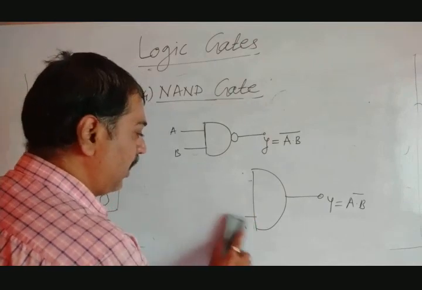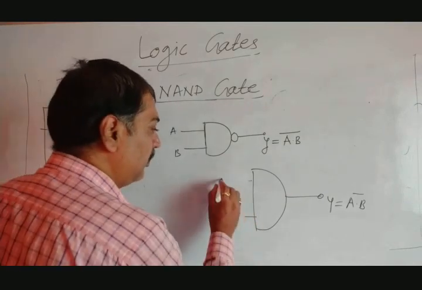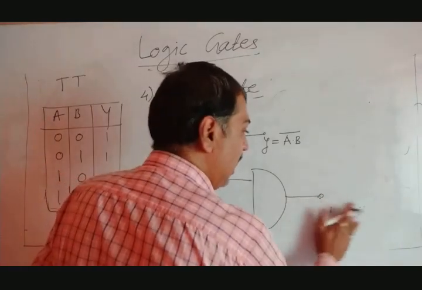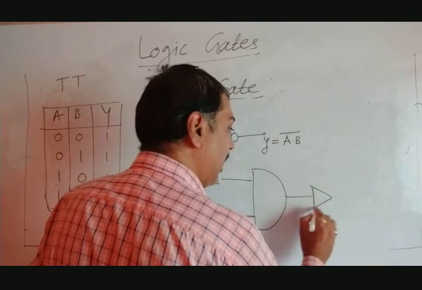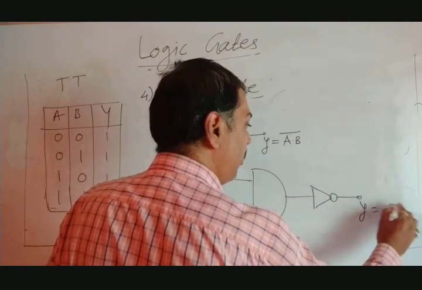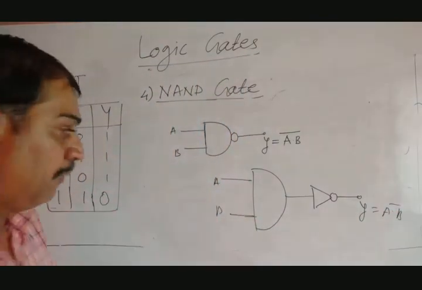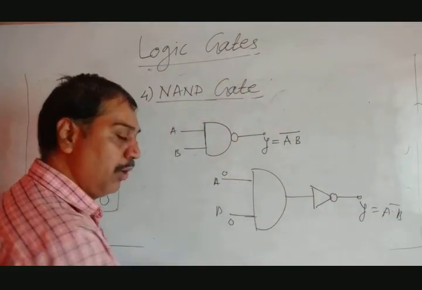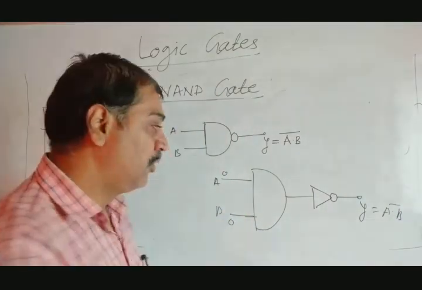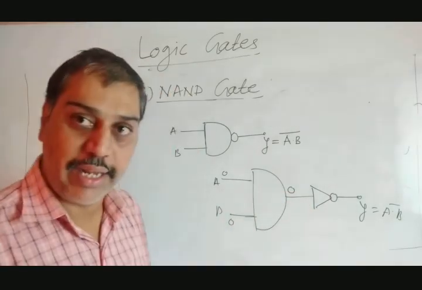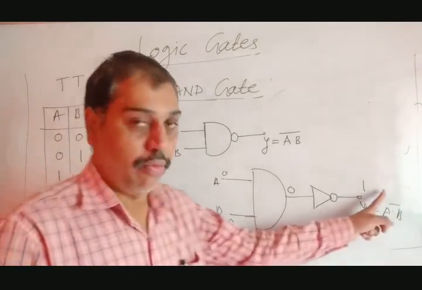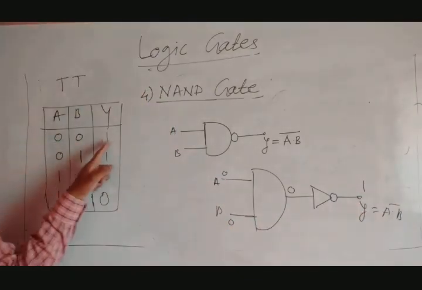Later on, suppose we modify it a little bit. Suppose I have taken the two gates like this. These are the AND gate. This is A, this is B, and at the output I have applied the NOT gate like this. Now this is Y equal to A and B complement. Now let's see what will occur. A equal to 0, B equal to 0. In case of AND gate, only 1, 1 gives 1, and the remainings are 0. So we get 0 here. It will make inversion, so it will make 1 here. So 0, 0, 1.